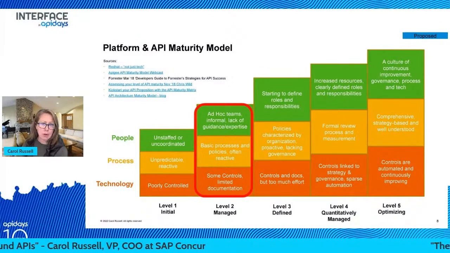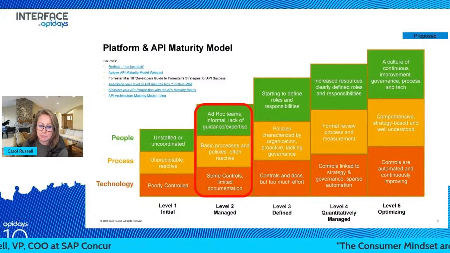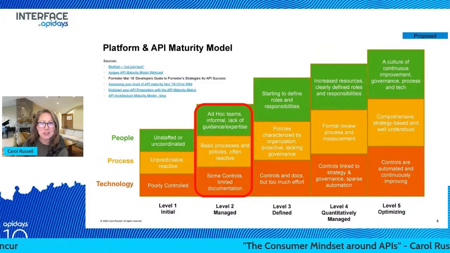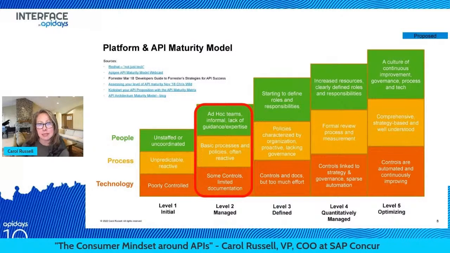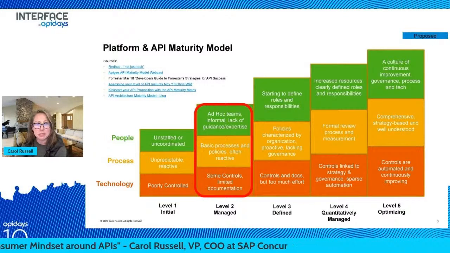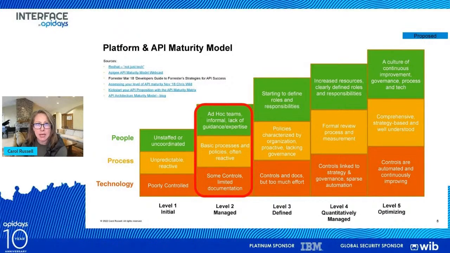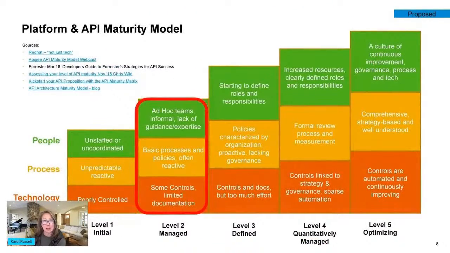I did a ton of research probably about 5 years ago on this. It's a struggle sometimes when we've built APIs somewhat ad hoc, maybe over the years. It's the next best thing to do, but then how do you recover from that if it's gotten out of hand? And so this is an example of a maturity model I put together over a lot of different research. You can see my sources up on the left-hand side, and I applied just a regular CMM approach to it across the people, process, and technology. So how would you measure yourself, and then where do you want to go?